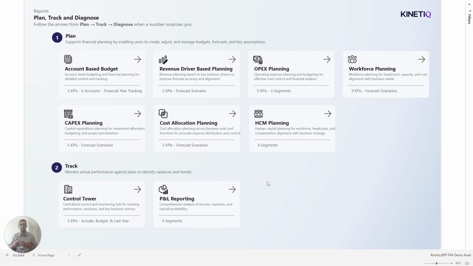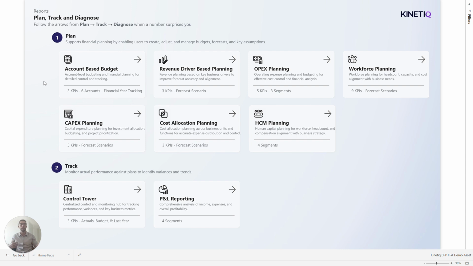We're going to be covering everything from the control tower, where we will be showing you how you can manage multiple budgets and consolidate all your information in one place. We'll also be going over account-based budgeting. So if you are operating multiple entities, you're going to have an immediate starting point for your budgeting process using